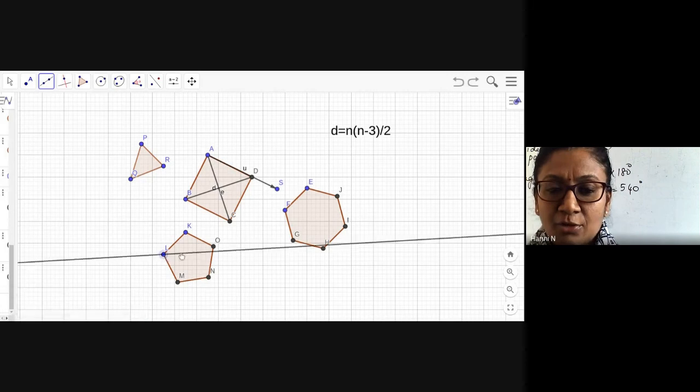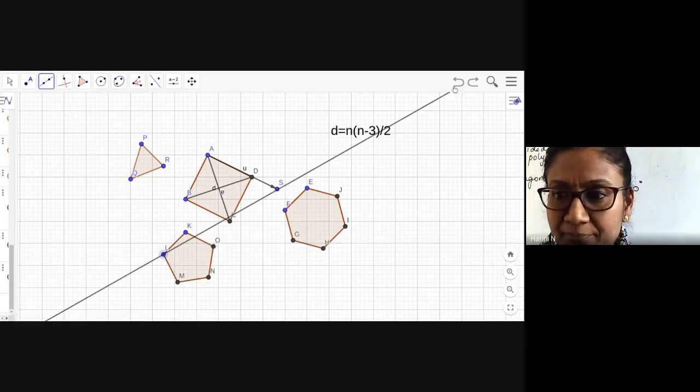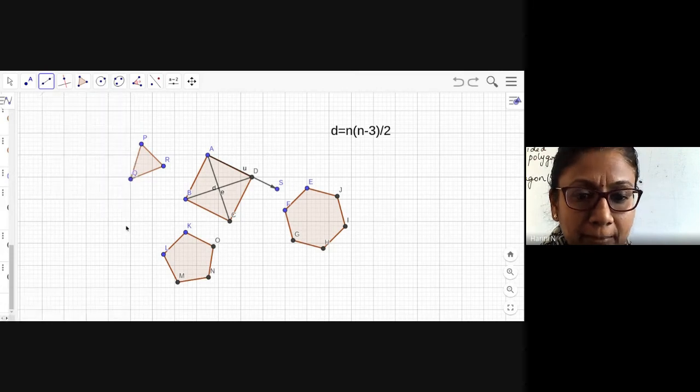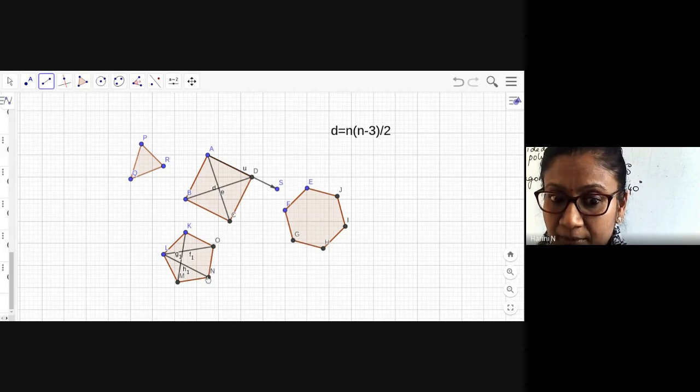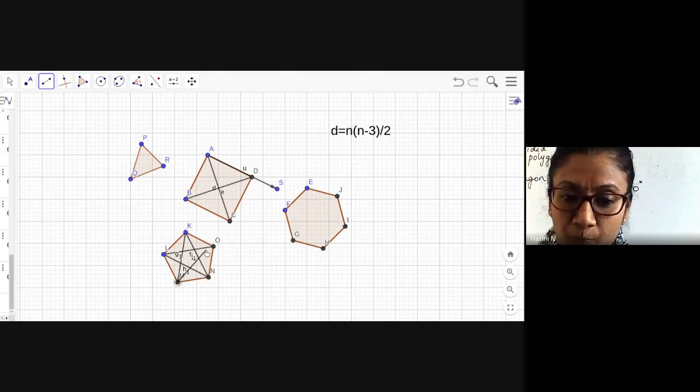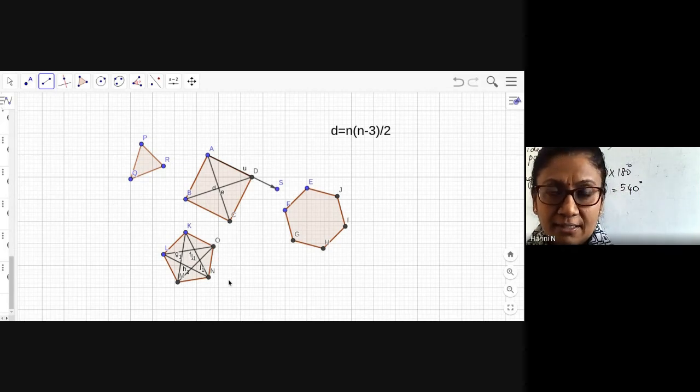Okay. So here I know there are 5. What am I selecting every time? 1 second. So you will join the non-consecutive vertices like this and get your diagonals. I am asking you to draw these diagrams in the classwork. That's why I'm spending so much time here. Don't simply watch this like a movie. All right. So here I have 4. Which is the other one? Between M and O. I have joined all the 5 diagonals. Like this, for the hexagon also you will complete. Use the formula. Find out how many diagonals you must get. And those many diagonals, you have to show it to me in the diagram here, in the hexagon.